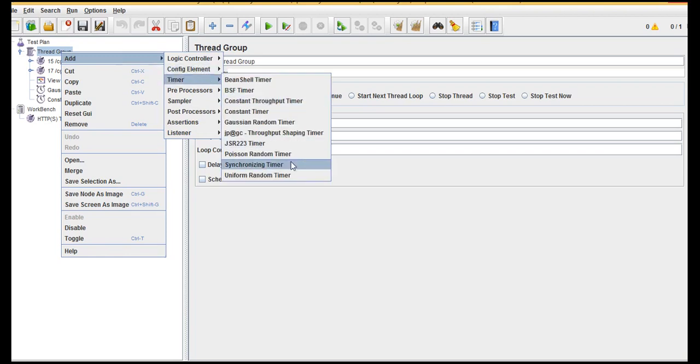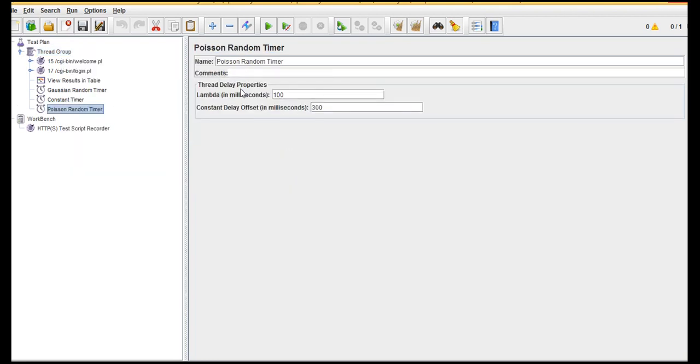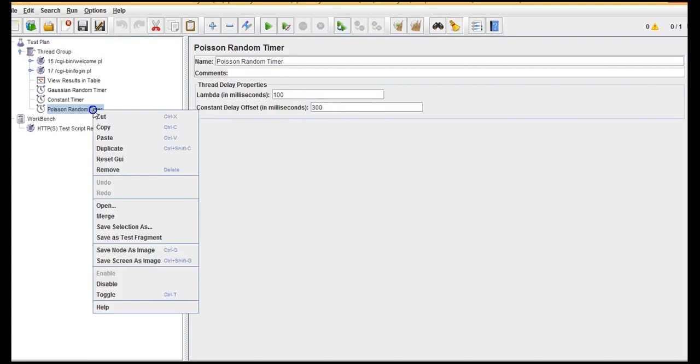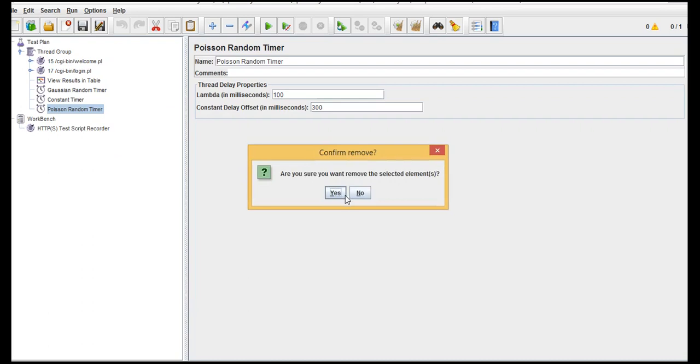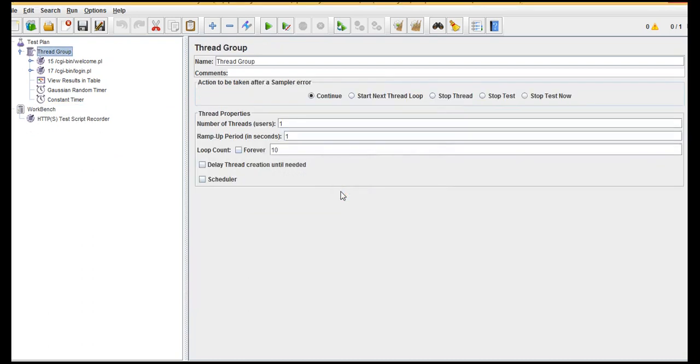You can see Poisson random timer, which has its own kind of definition. There is some calculation, lambda calculation, with which it will actually get the sleep, 300 plus some formula. It might be 320, 340. You can see what Poisson formula you have to use to get this output. I'm not that good at maths to say what Poisson value it gives. Ultimately it ends up with a calculation and gives us a timer, how many seconds you need. It's a constant or Gaussian random or Poisson or whatever it may be.